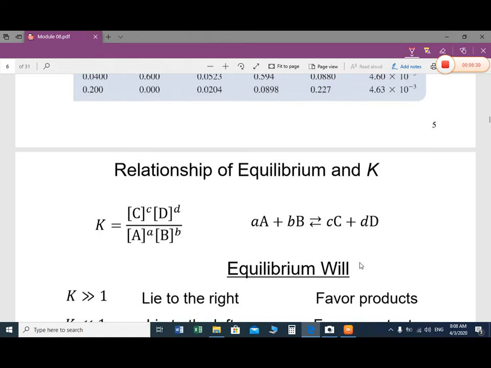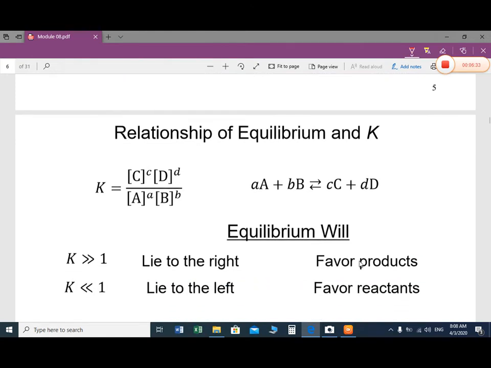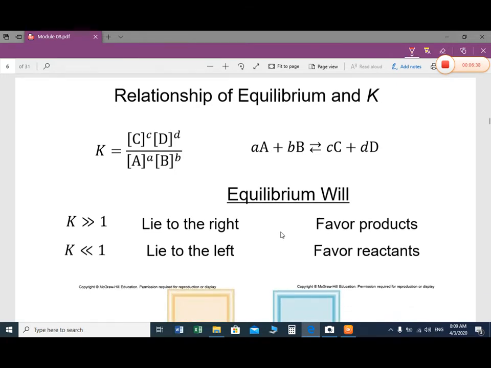Now, what does the equilibrium constant indicate to us? This is just a simple thing. We can elaborate this at the end of the chapter. If the equilibrium constant value is much greater than 1, then the reaction will proceed in the rightwards direction, meaning the forward direction, or it will produce more products. If the value of equilibrium constant K is much smaller than 1, then the reaction will go in the reverse direction, towards the left, and more reactants will be produced.